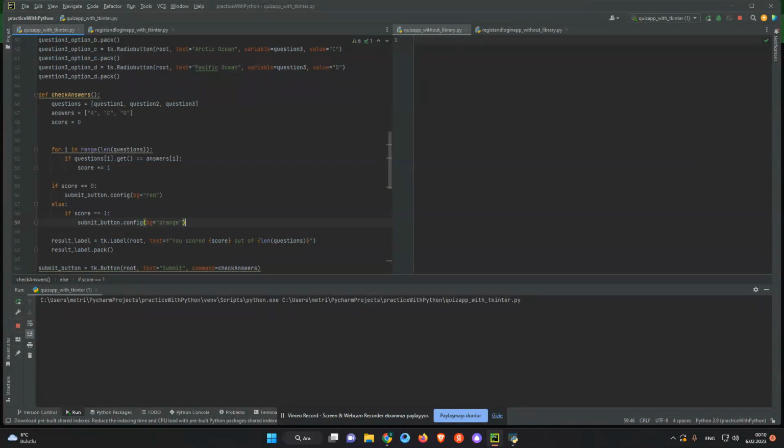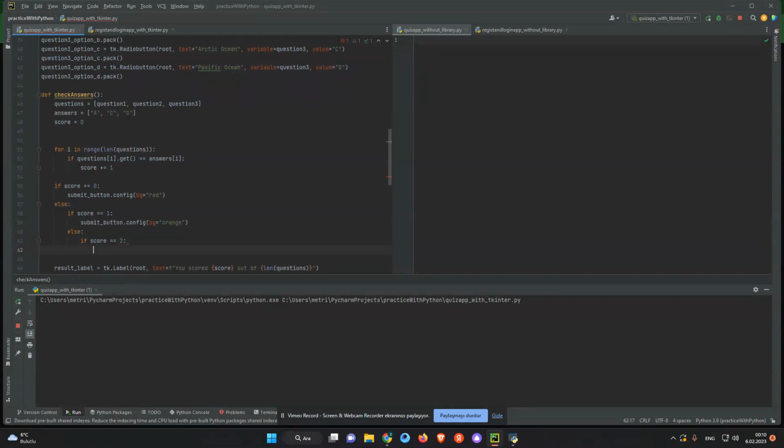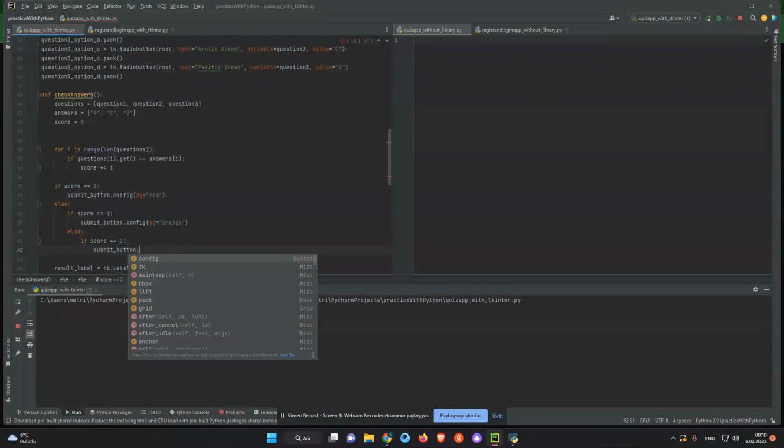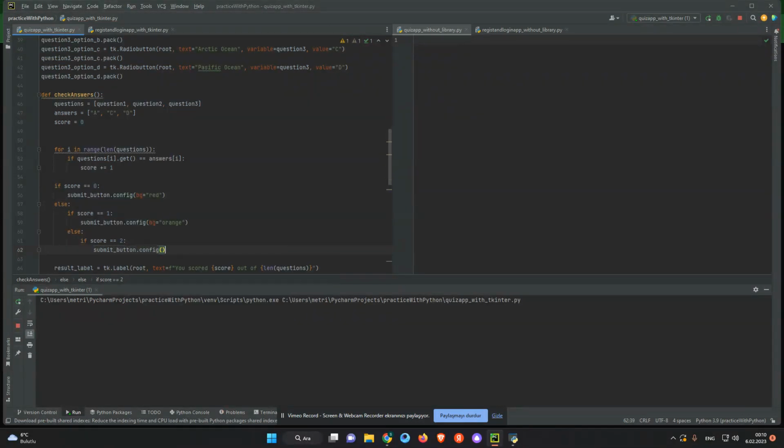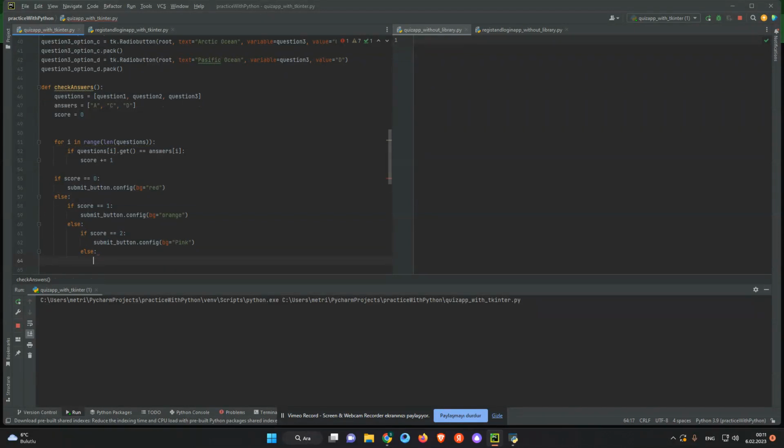All right, and we can say else, and we can say again if score is equal to 2, and we can say submit button config, and the bg in this case can be what color? Let's say pink. I don't know, it is not very logical, but let's say that because we have 4 questions, not 3. So let's say else and if, maybe